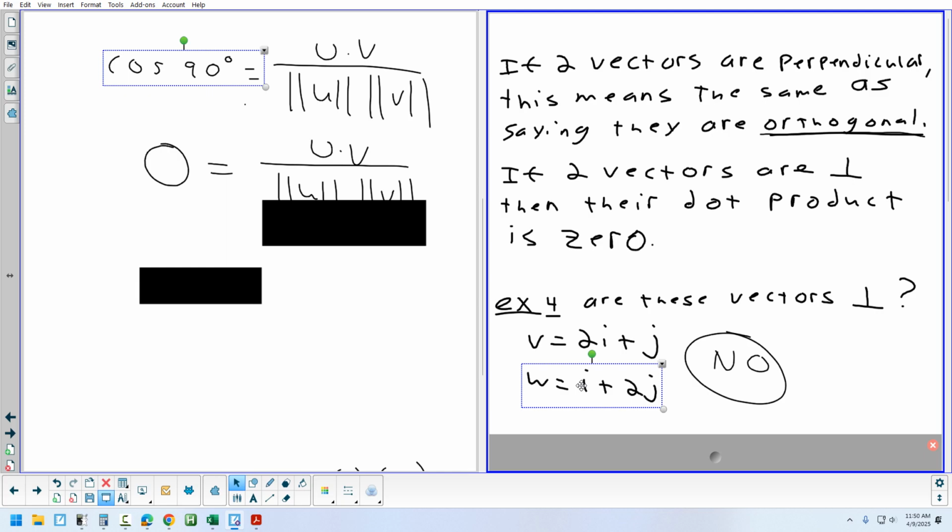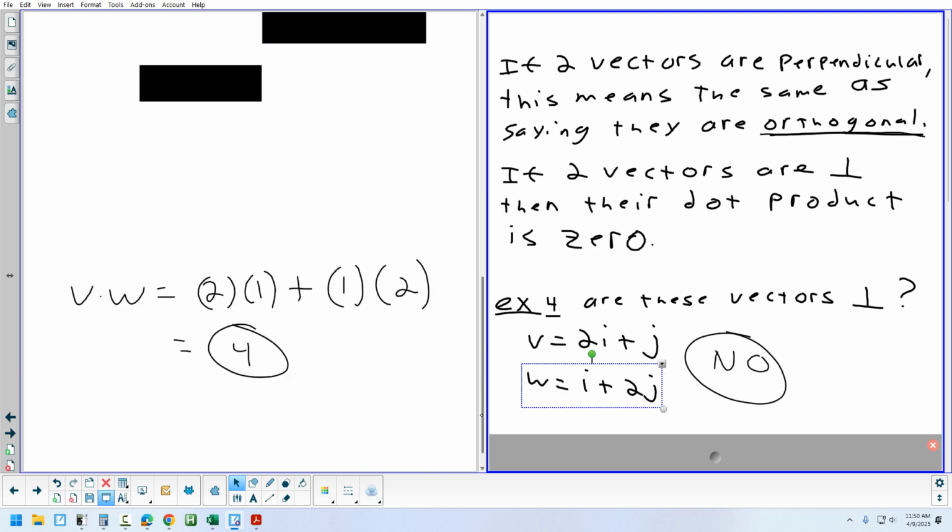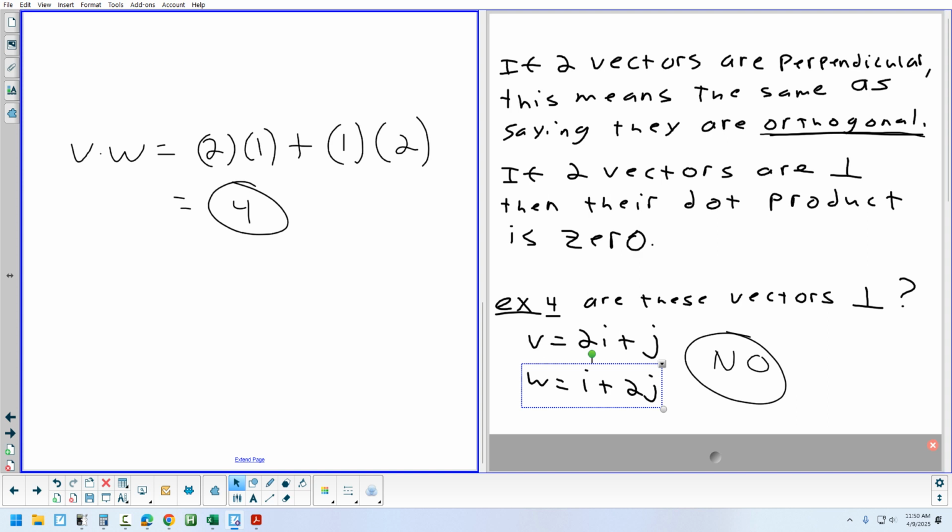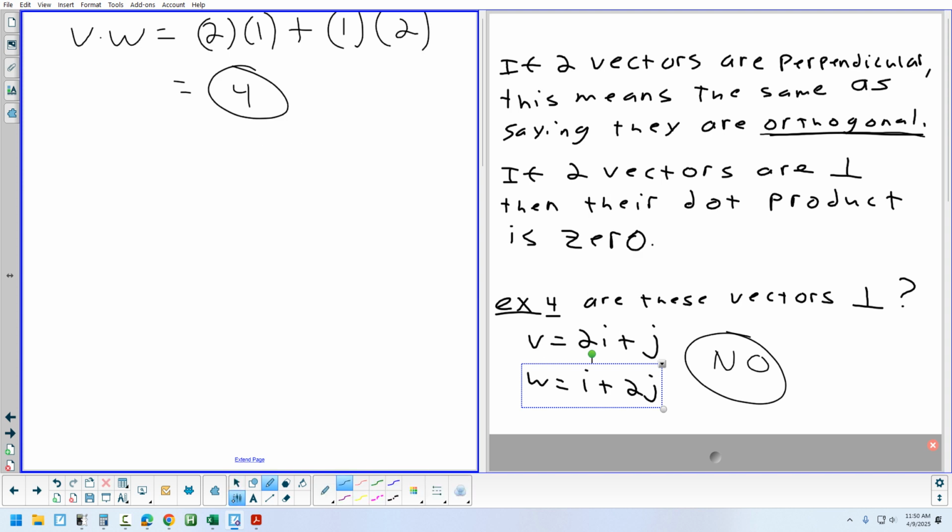What were the other two angles people said? 0 and 180. What kind of vectors do you think you would have if they had a 0-degree angle or a 180-degree angle? They would either point in the same direction or directly opposite. So we could consider those kind of vectors to be what? Parallel. Yeah. So two vectors that point in the same direction, you could think of that as a 0-degree